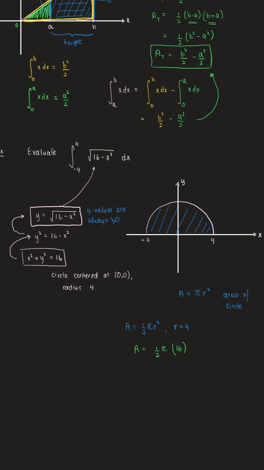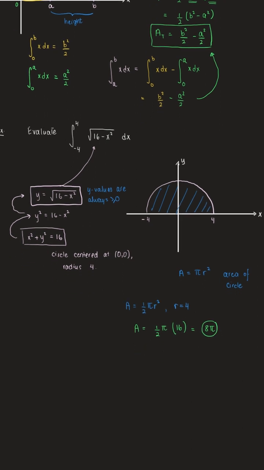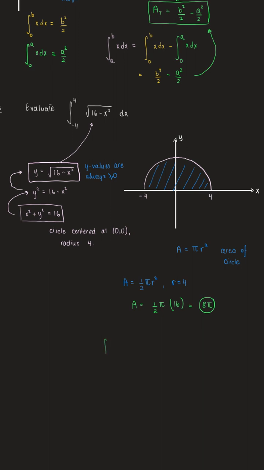And so this area, or the value of the integral, is going to be 8 pi. And so we have found that the integral from negative 4 to 4 of the square root of 16 minus x squared dx is equal to 8